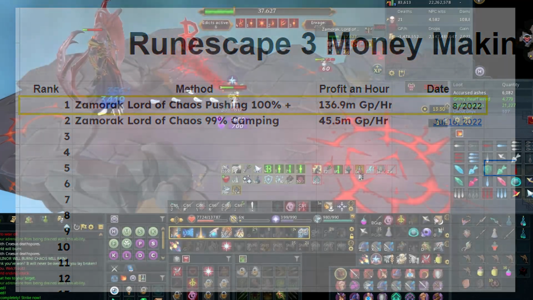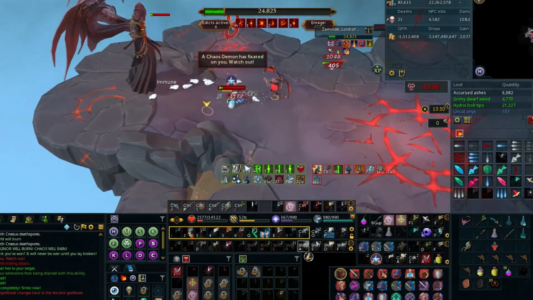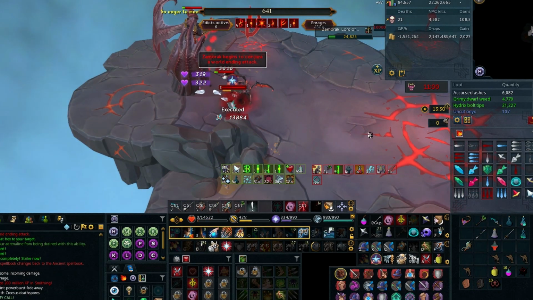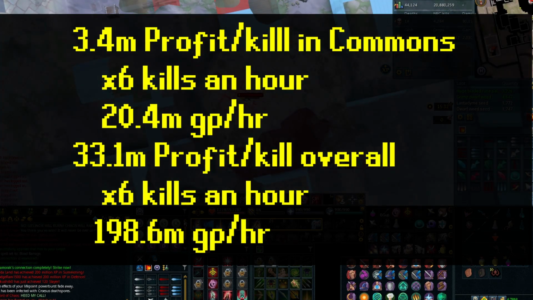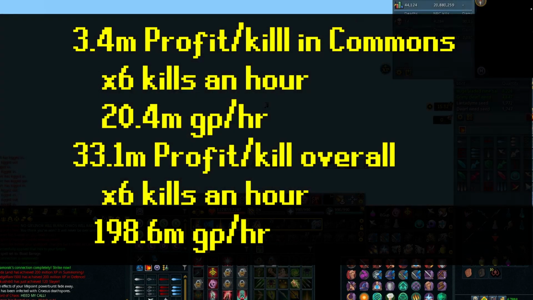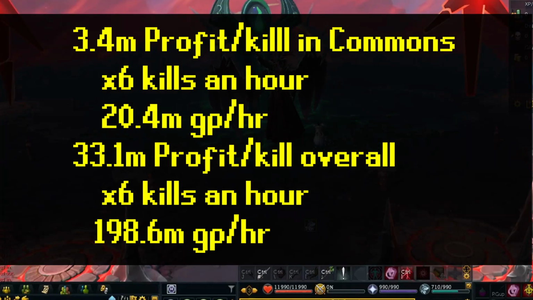My kills fluctuated from 1 kill an hour to 6 kills an hour, depending on how much I messed up on P7 and depending on the Enrage. But if I profited 139.1 mil in commons and 41 kills, that works out to 3.4 mil in profit a kill. With uniques included, 1 bill 359.1 mil and 41 kills would work out to 33.1 mil profit a kill,